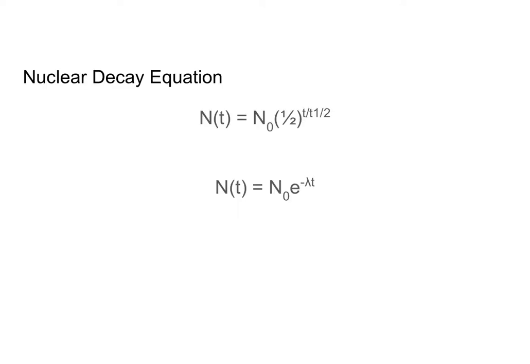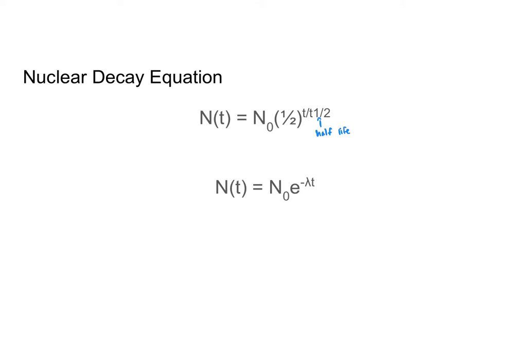And that brings us to our 2 nuclear decay equations. Now both of these equations are talking about the same thing, and the equation that you use is actually going to be dependent on what information you're given. Both equations give us the number of counts, or the activity, after a given amount of time t. And in both equations, we are multiplying our initial activity by an exponential of some kind. So in our first one, we are looking at our half-life. So if we are given our half-life, we're going to use our